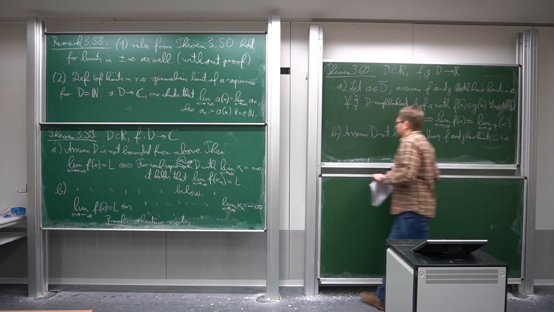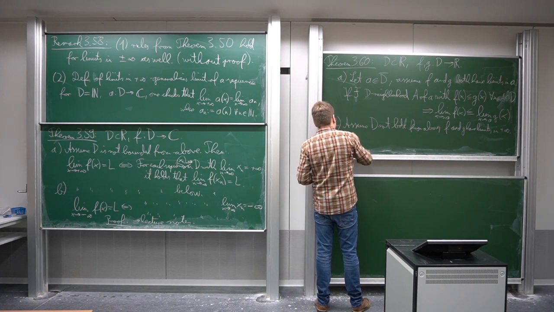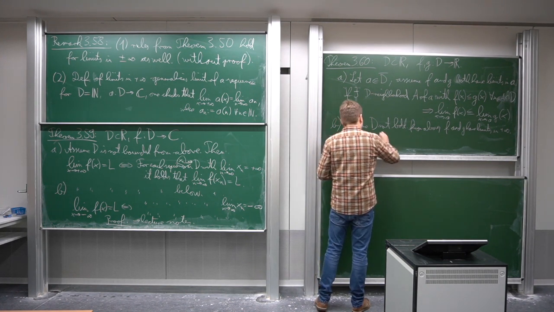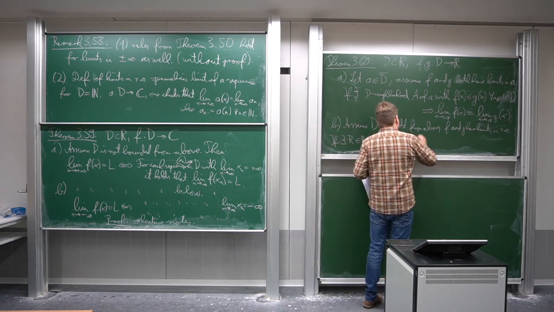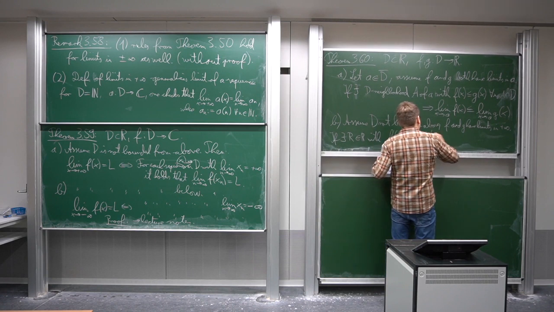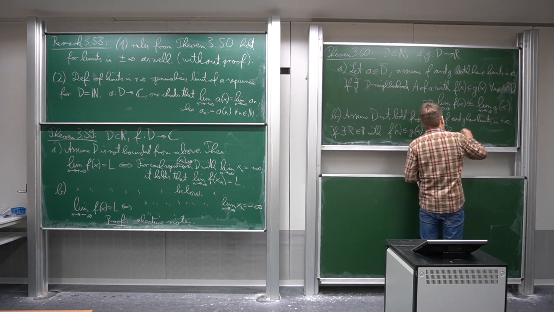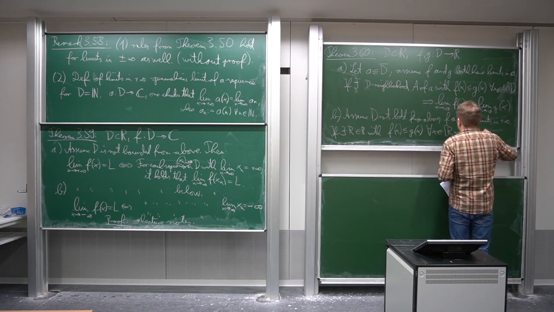Now we can formalize this for almost every n a little bit simpler. If there exists some value r in R with f of x smaller than or equal to g of x for all x in r to infinity intersected with D, then